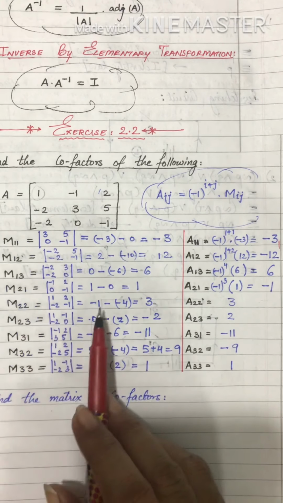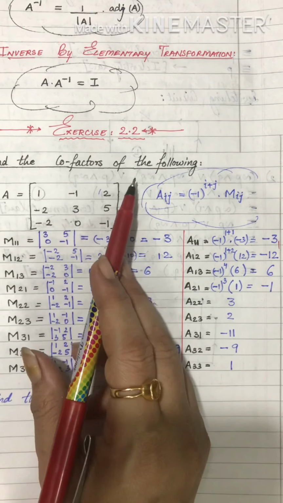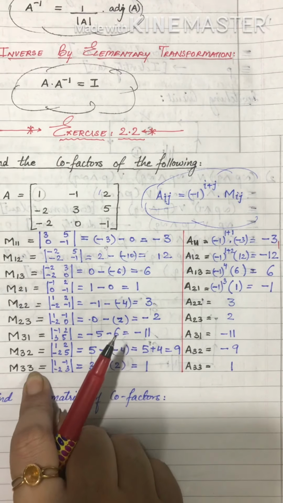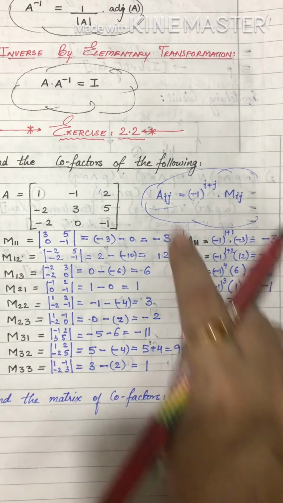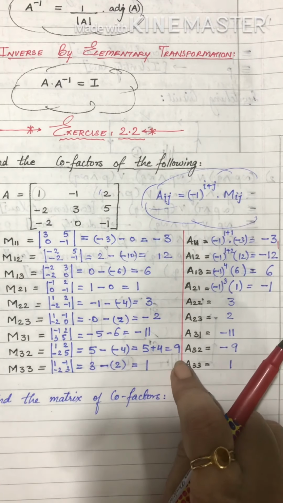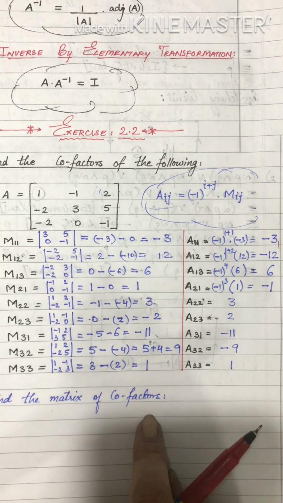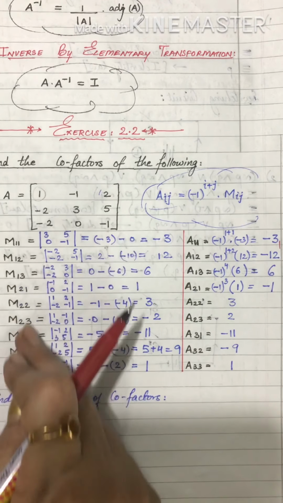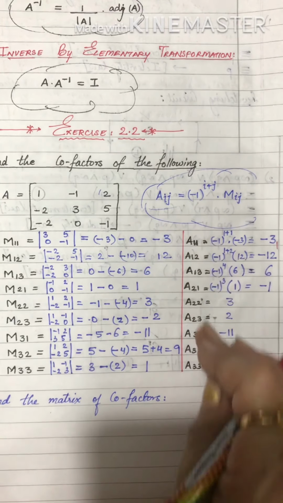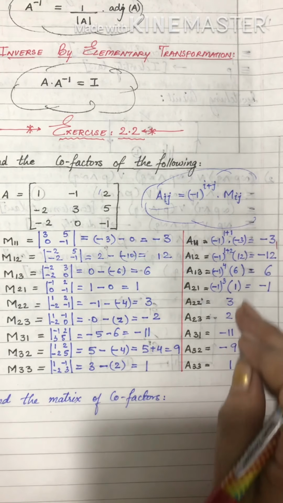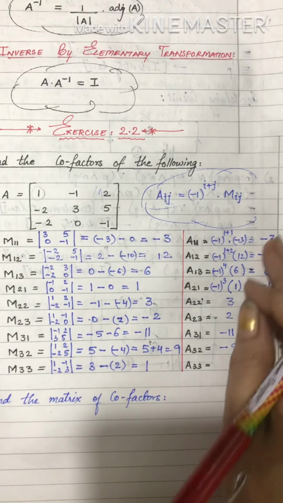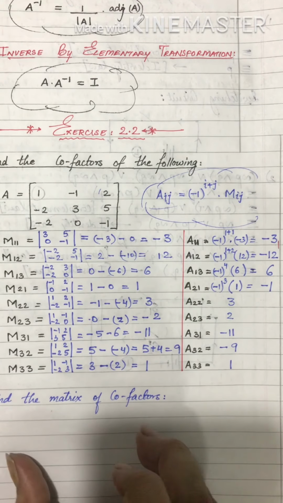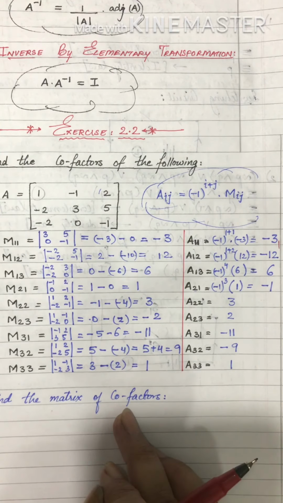Okay, so this sum is done. Here it was asked to find the cofactors. What we did: to find cofactors, very first you will have to find out the minors and then find the cofactors using this formula. Okay, and the next question is to find the matrix of cofactors. What you have to do here, again in a similar way, you have to find the minors, then find the cofactors, and then whatever elements you get here, you have to state them position-wise and get the new matrix, that will be the matrix of cofactors.